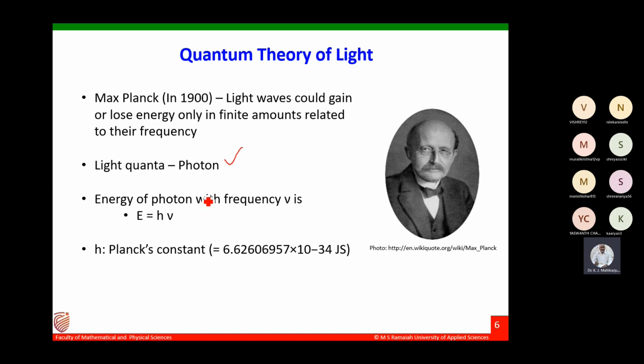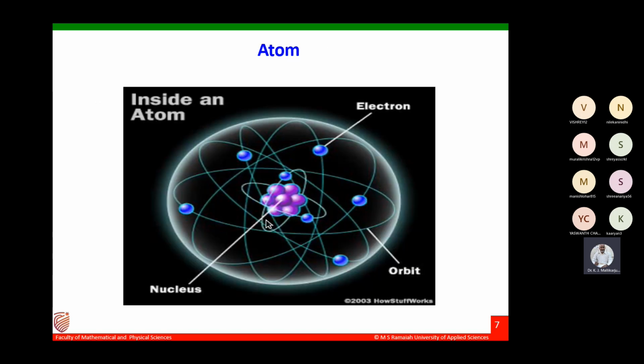The energy possessed by a photon is given by E equals h nu, where h is Planck's constant. Whatever mathematical equations you consider where h is associated, you can assume that we are already talking in terms of quantum mechanics. This is one of the fundamental ways; whatever derivations we have done with h as one of the parameters, there is a quantum mechanics analogy to that equation.